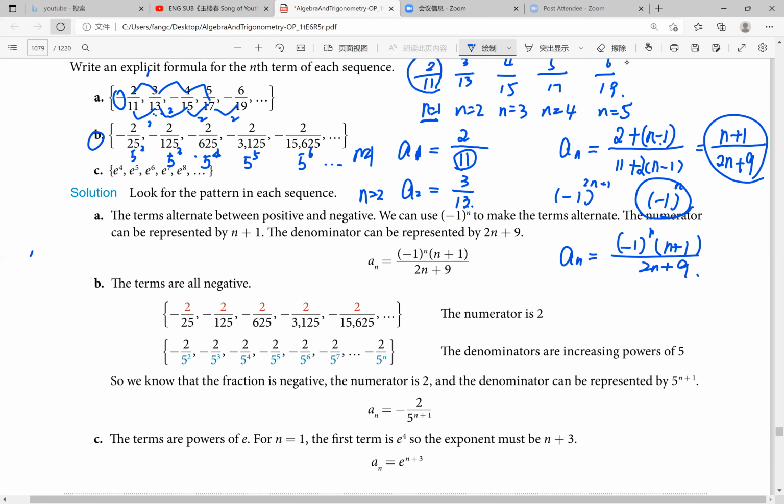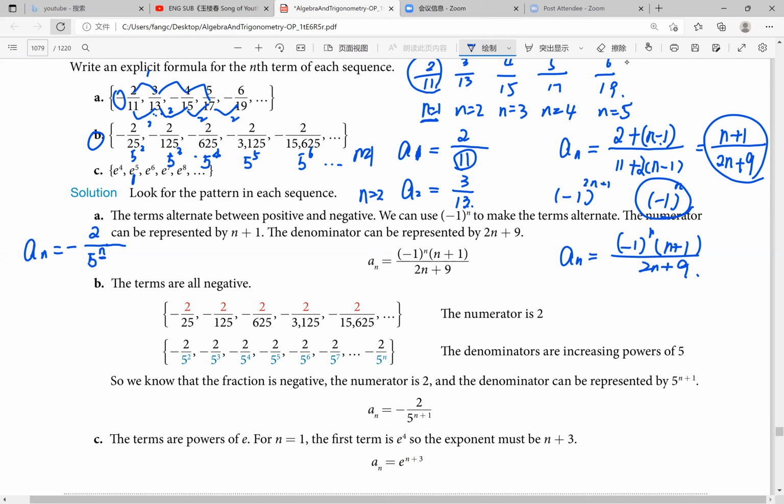So for sequence B, an equals, and each term is negative. So we just need to write the negative sign in front of the expression, and the numerator is 2. The denominator is 5 to the power of n. We need to try this part. When n equals 1, it is 5, but the first term's exponent already is 2. So don't forget